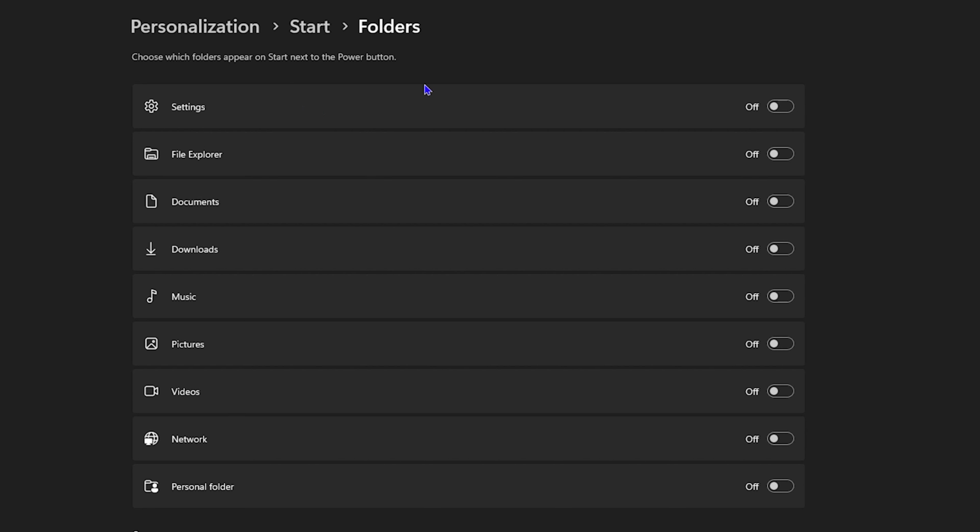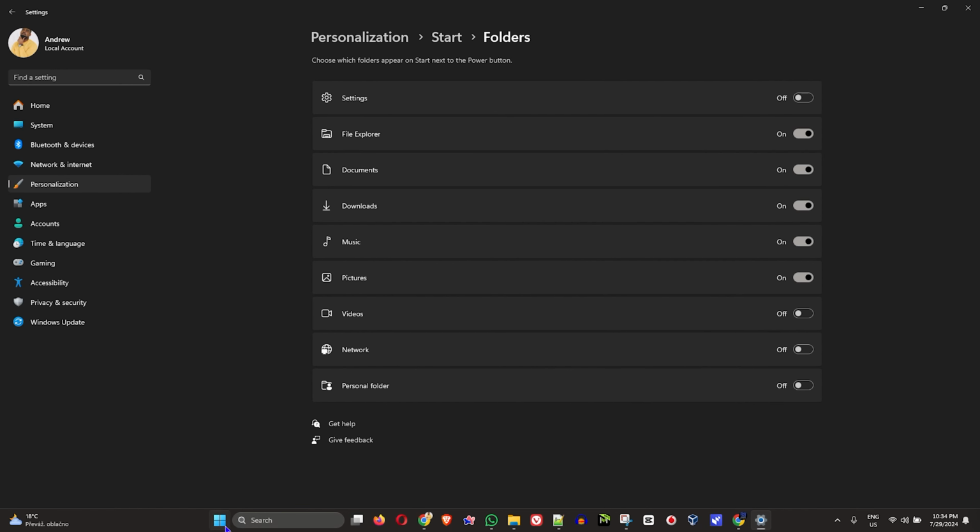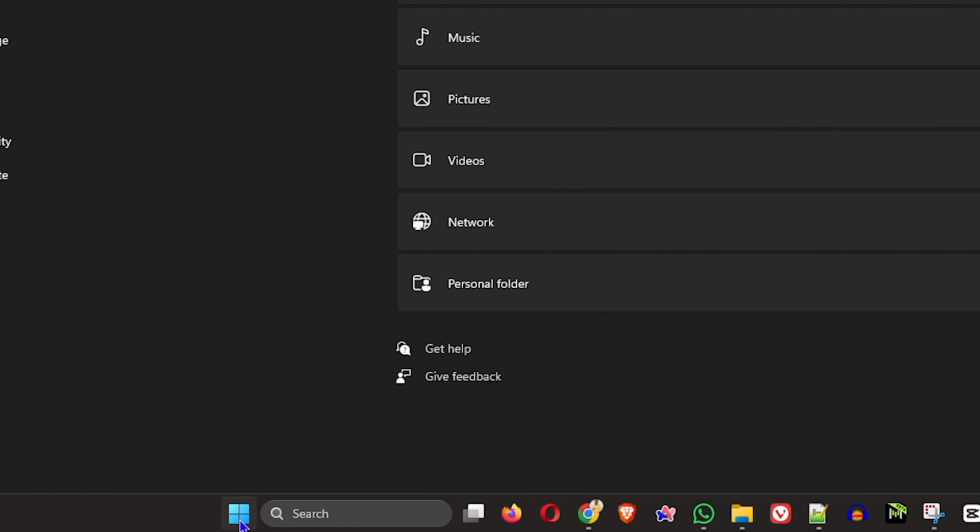And from here, you have a bunch of different options that you can choose from: settings, file explorer, documents, downloads, music, pictures, videos, networks, and even you can put personal folders as well. So I'm going to add a few there. So let's say I want to put the file explorer, I want to put my documents, downloads, and I will put pictures and music. And if I click the start icon again, or the start button on my taskbar, you